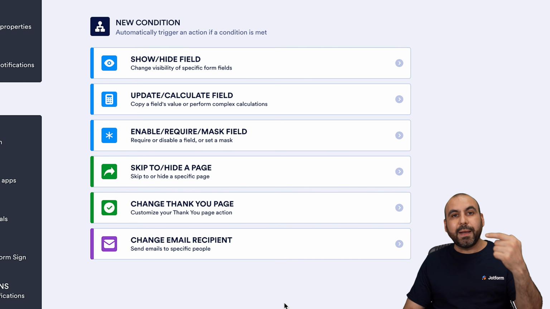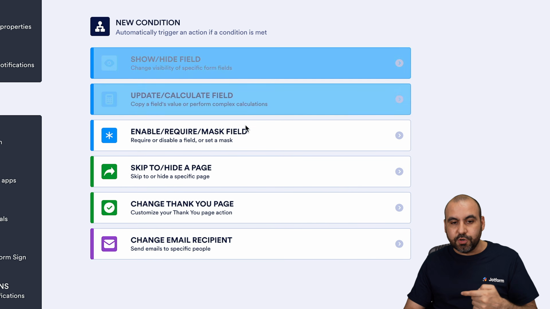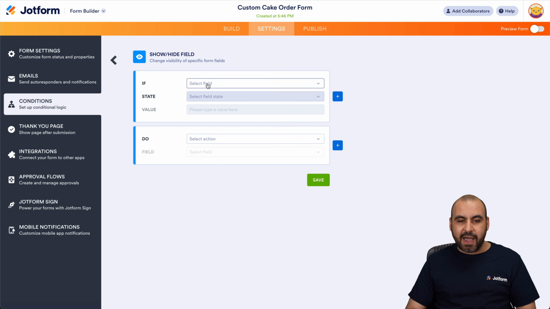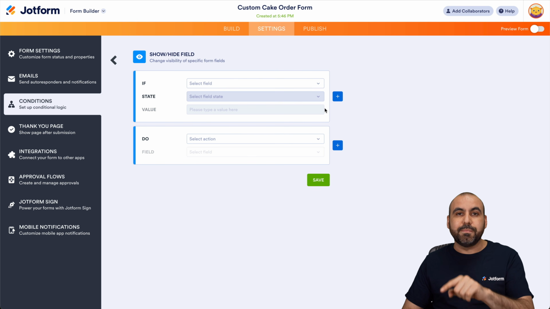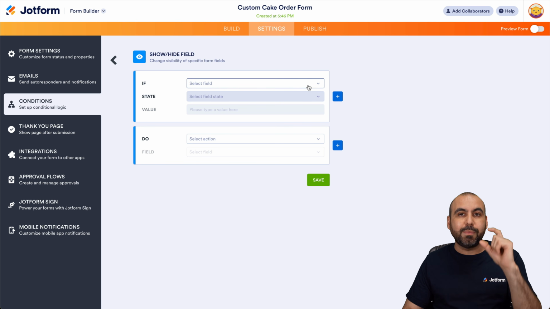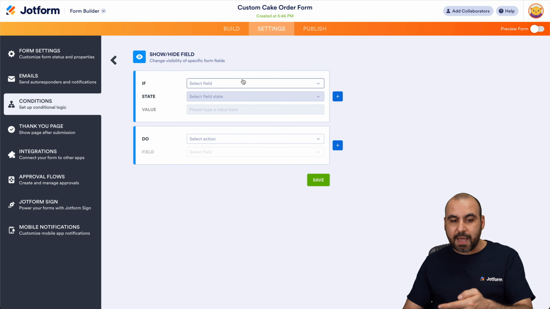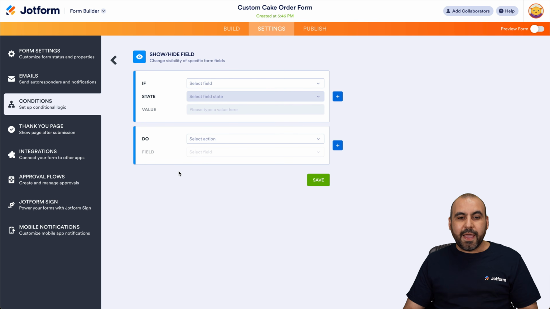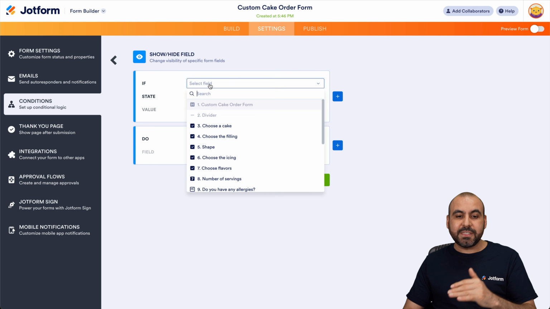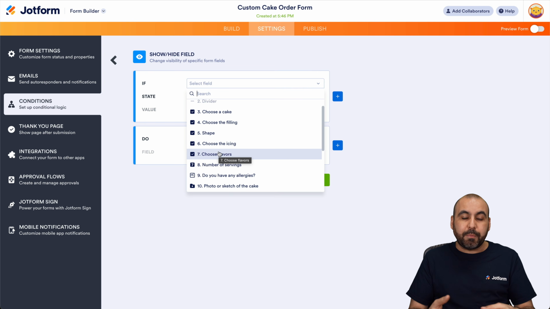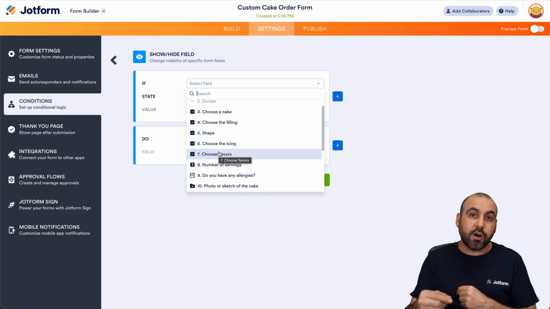Now we're going to go step by step to show you what each one of these can do and how to use it, okay? So let's get started with this one, show and hide field. As the name says, we can show and hide a field depending on the action that is made in the beginning. That means that something needs to happen first in order to do something. So if this happens, do this, okay? And the options we have for if are the elements that we have added to this particular form. In this case, we can choose any element that we want to be relevant to trigger our conditional